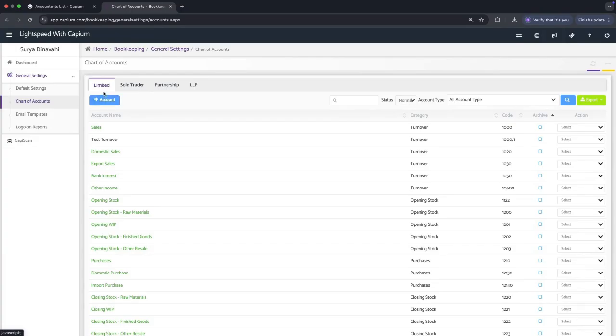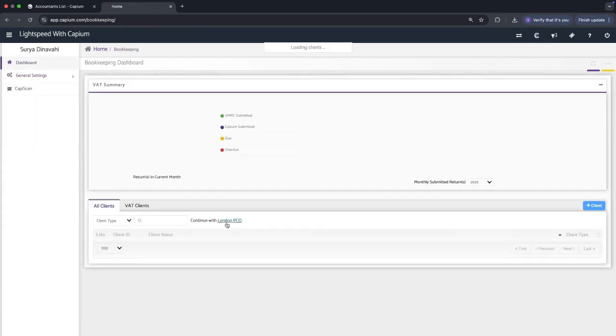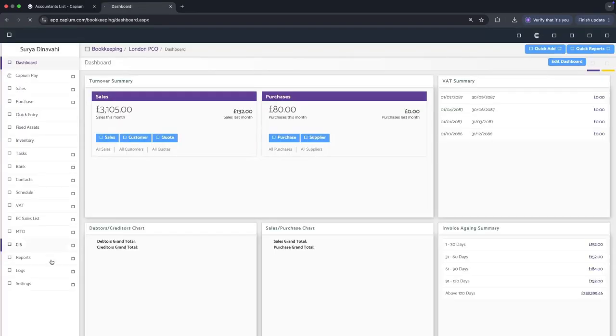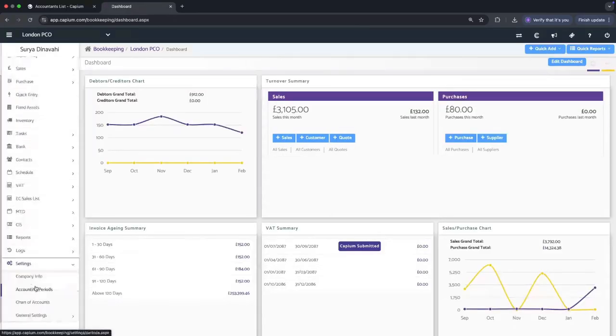So you can choose limited, sole trader, partnerships, and LLP here. So you are able to add it for one entity or all sorts of entity in one go. Going back into that client again, once you have done your chart of account update, all you have to do next is to upload